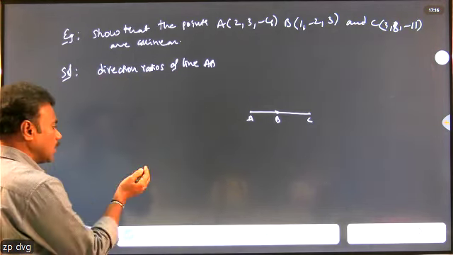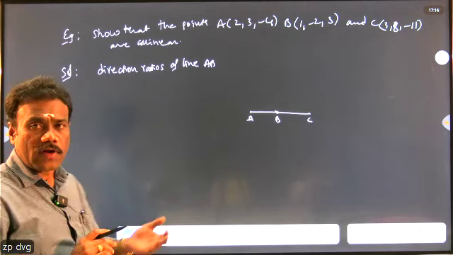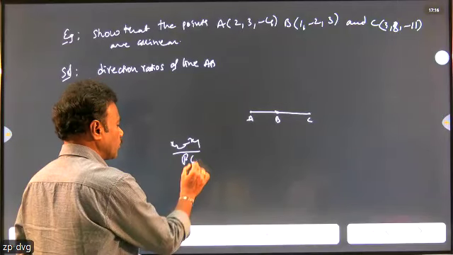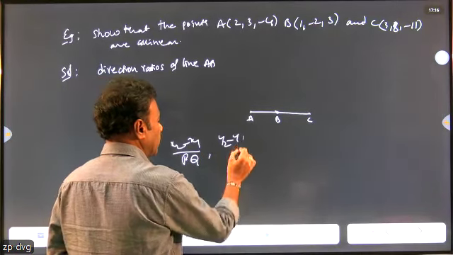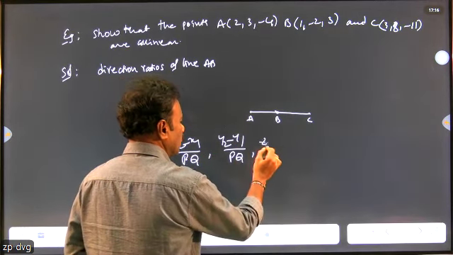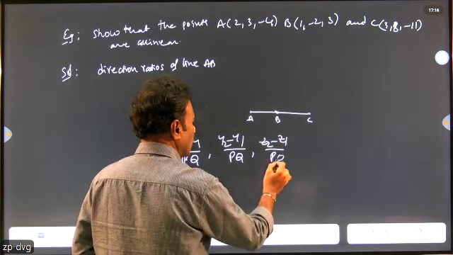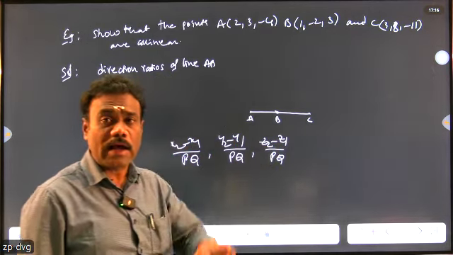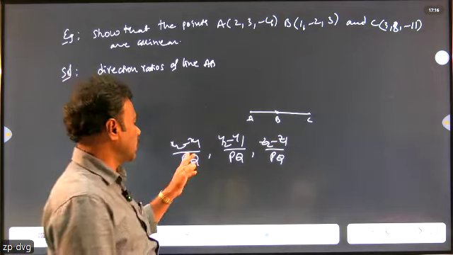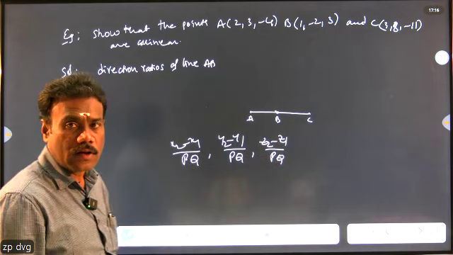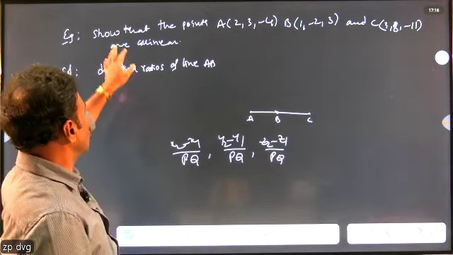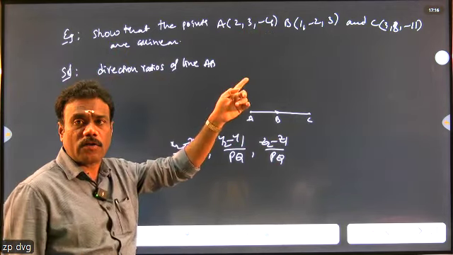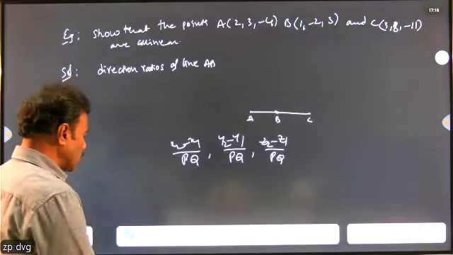As we discussed previously, the direction cosines of a line joining 2 points are x2 minus x1 by PQ, y2 minus y1 by PQ, z2 minus z1 by PQ. So x2 minus x1, y2 minus y1, z2 minus z1 are called the direction ratios of a line. Here we know 2 points, A and B. We have to find the direction ratios of the line joining A and B, so by using the formula,